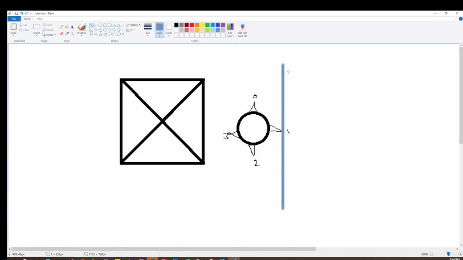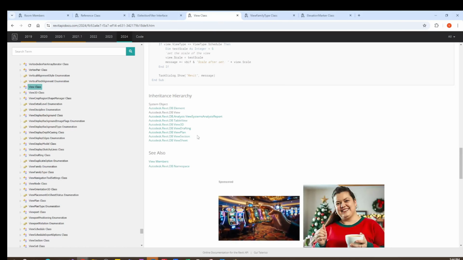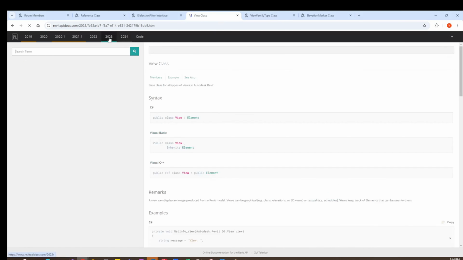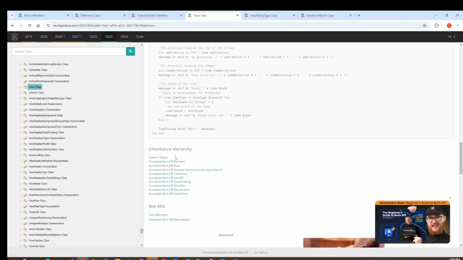The reason it's a view section class and not a view elevation class is because if you come here to the Revit API docs, if you scroll down to the end, you notice all the hierarchy of inheritance for the view class, and you see view 3D, view drafting, view plan, view section, view sheet, but you don't see view elevation. So you can create all of these, but not an elevation. However, the best way to do this if you're coding in the backend is to basically implement a view section into your elevation marker, and that's how you generate, in quotes, an elevation view. You can do more research on this. I know there's articles about this on the Building Coder website, but that's essentially what we're going to be doing